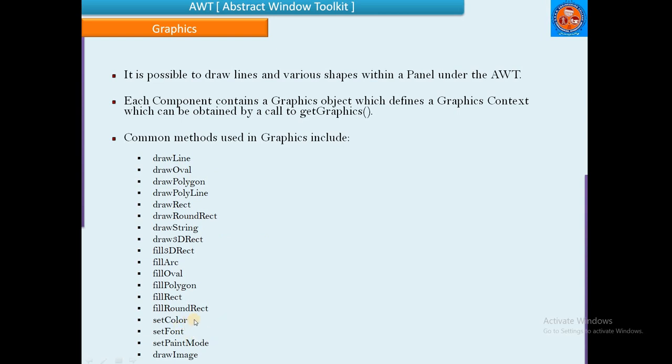Set color is used to define the color. Set font is used to define the font of the text. Draw image is used to draw the image. This is the graphics class used for defining the graphics.